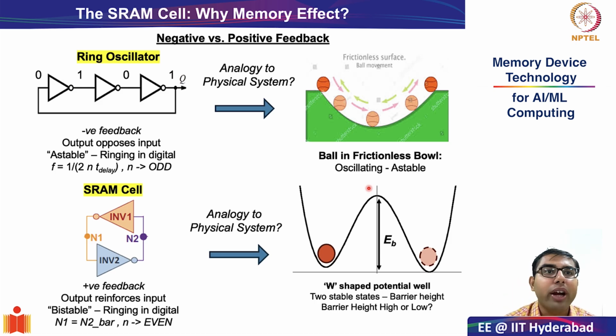Why is there this memory effect? In the following class, we will see in the actual SRAM cell how this memory effect is manifested. However, I want to leave you here with an important question which will help you in clarifying the concept. The question, which we will discuss in the next class, is what would be a desirable height for this energy barrier? Would you want this height to be very high, or would you want the height of the energy barrier to be low? So please think about this question and we will meet in the next session.